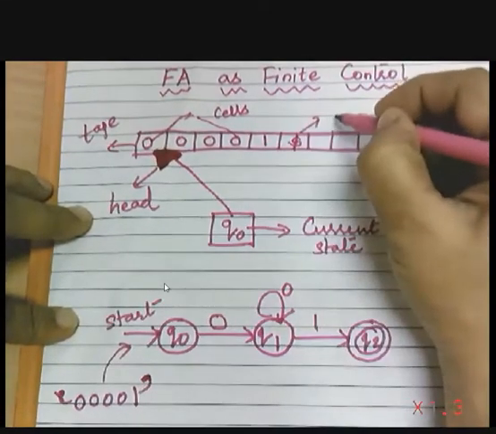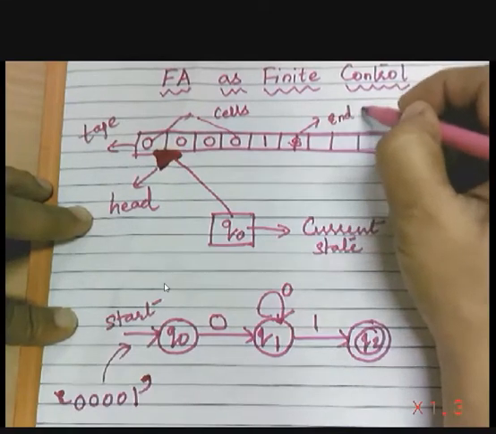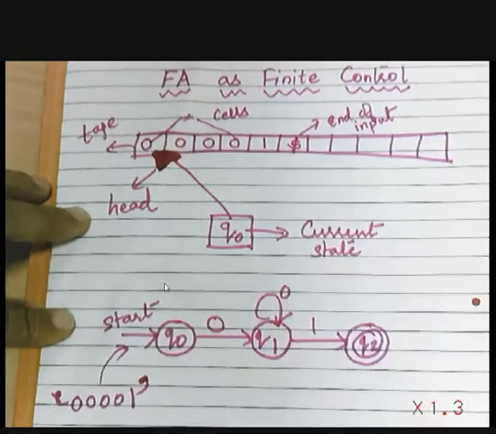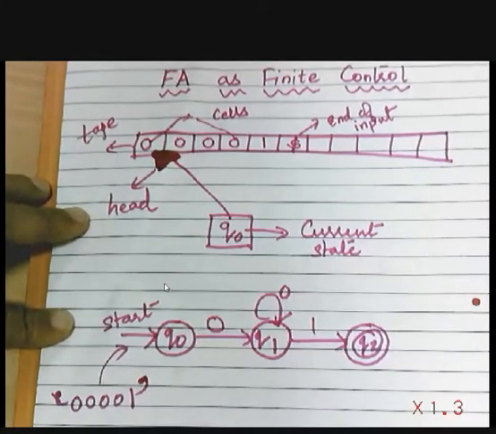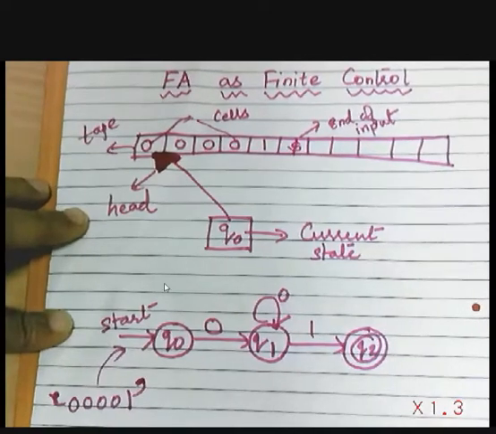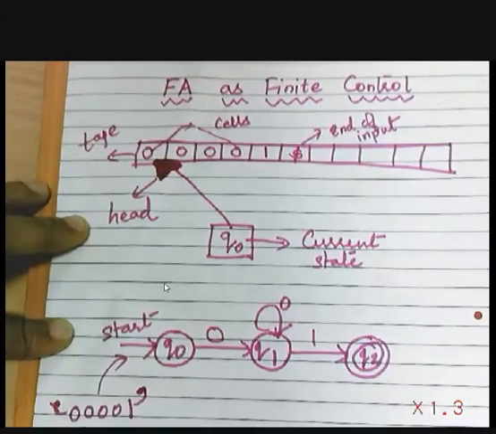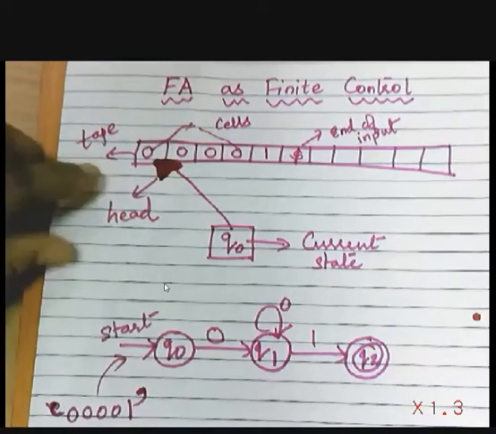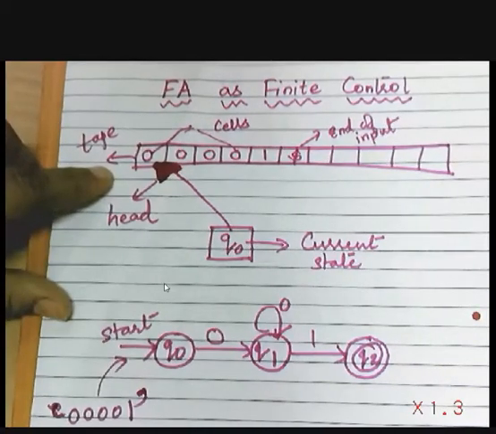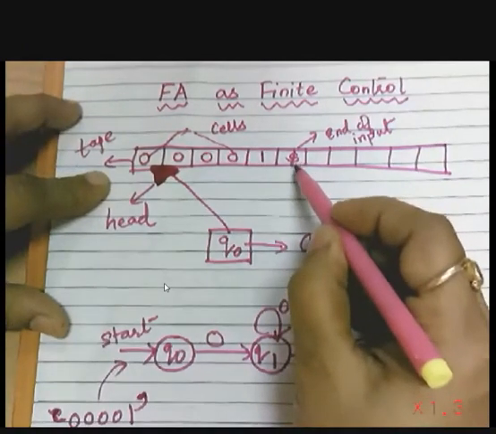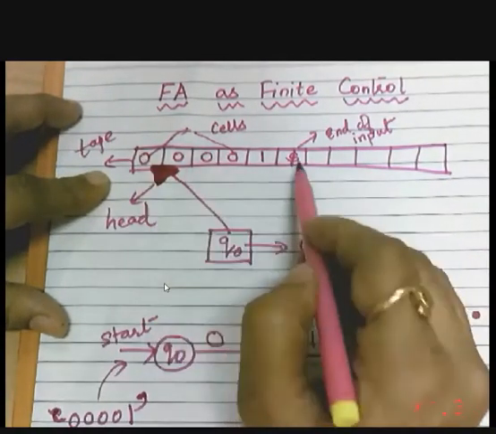This indicates end of input. As soon as you get this symbol, you should understand your input is over, your input is read completely. Because if you recall our discussion, a string is acceptable to a finite automata when it is completely read and you reach a final state. Do you remember this? That's why it is necessary to have an indication of where our string is ending.